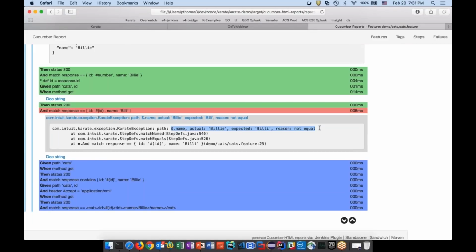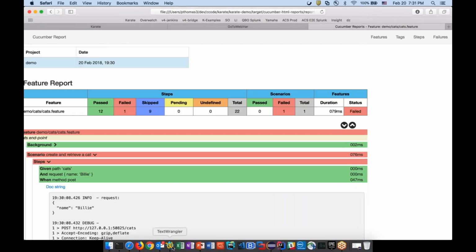And karate is very good at giving you all the information you need. It tries to be as helpful as possible, telling you, JSON path wise, which field. You can imagine that this gets really hard to do when you have very complicated JSON, and karate does its best to give you details as to what went wrong, where, and what was expected.